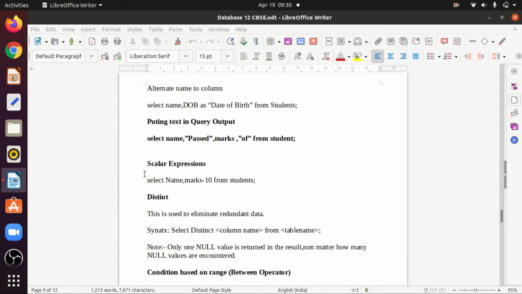This is called putting text in a query output. So I can put a text in my query output.